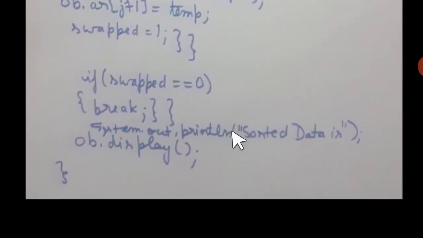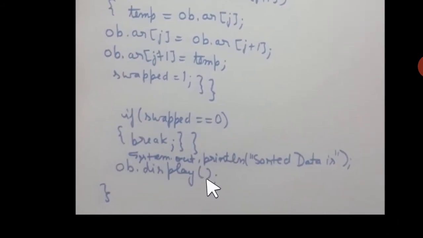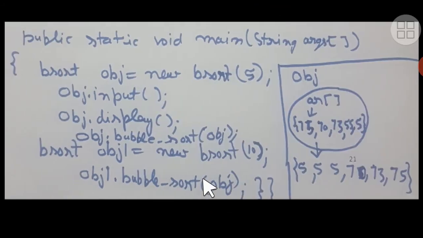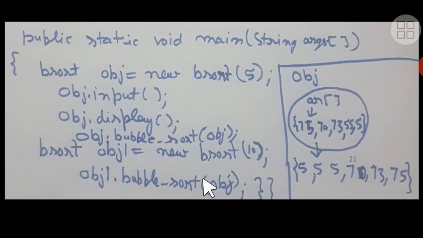I hope you are getting it clearly, right, students? And here just see, I have called the display to display the sorted data. So ob.display has to be called. Don't write just display. Alright everyone, now how can this be implemented? Students, here you can see that in the main function we create the object. So I have created the object here, bsort obj equal to new bsort, and 5 has been passed, that is the size as it was in our example. Any other size also you can pass.